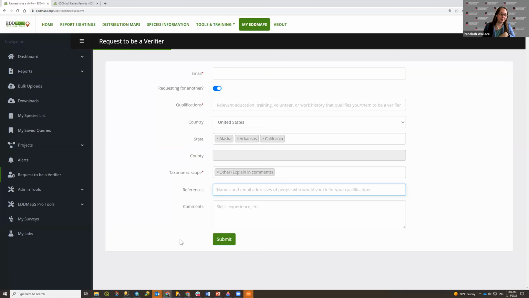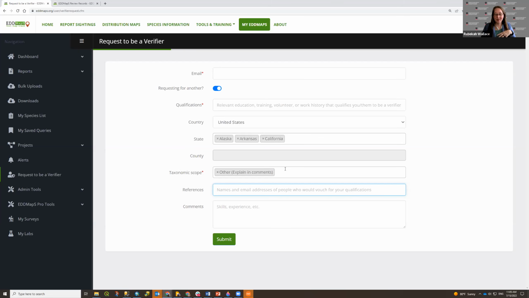And then based on the information we gather, then the verifier status will either be accepted or will not be accepted. When we accept, the form to accept isn't necessarily going to be exactly what you fill out based on the conversations we have. So just to let you know, if you make a mistake in filling this out, it's another form we fill out to actually add people as verifiers.